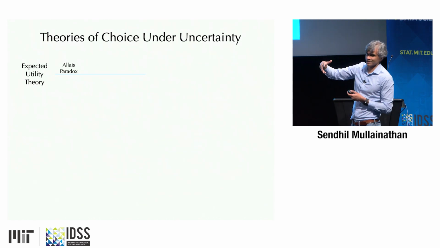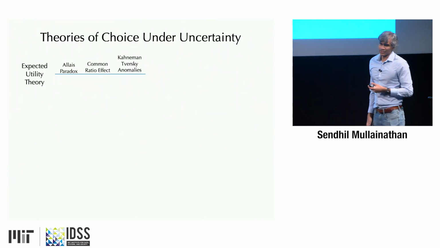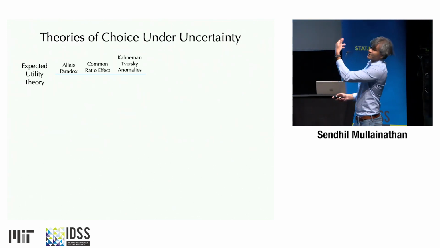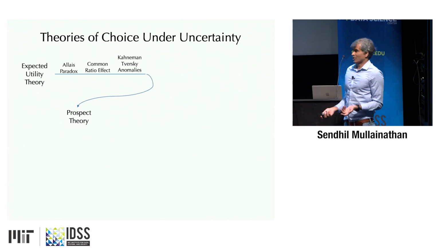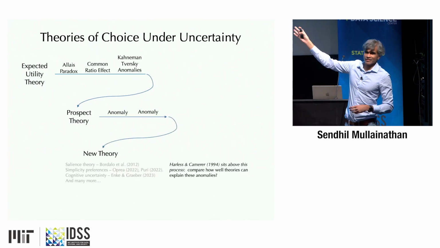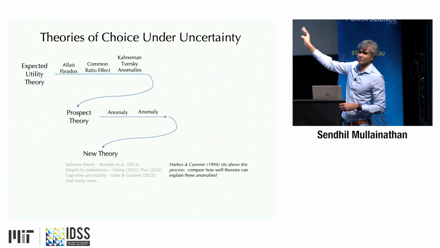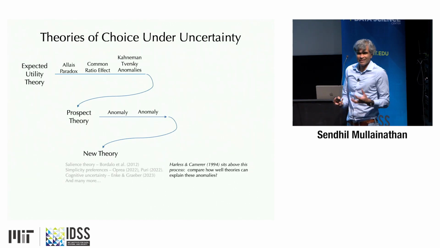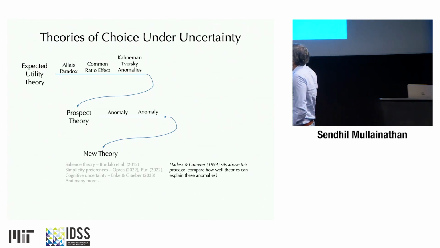It is not just Allais. If you look at the history of expected utility theory, we had Allais, we had something called the common ratio effect. Kahneman and Tversky, whom many of you may be familiar with, did many such anomalies, and together that led to prospect theory. Prospect theory, of course, led to more anomalies, and that led to new theories of decision making. This is an active area where people are still producing new anomalies and using those anomalies to generate insights to produce better models of decision making under uncertainty. The anomaly is the core object for the evolution of these sciences.